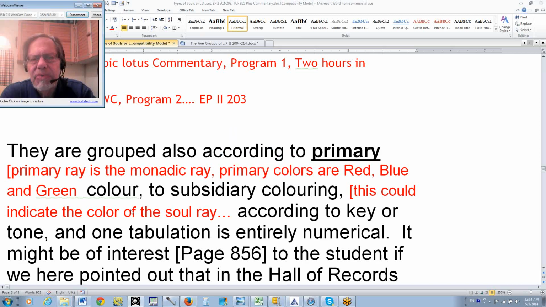We've discussed this before, but one way of looking at this that HPB does is that C is related to Mars and thus to ray 6, D to the Sun or Vulcan and thus to ray 1, and the color orange, the red note, then orange note. Then the note E is related to the color yellow and to the 4th ray, Mercury, and F is related to green and to the 3rd ray, and thus Saturn, and G is related to the 2nd ray and to Jupiter,